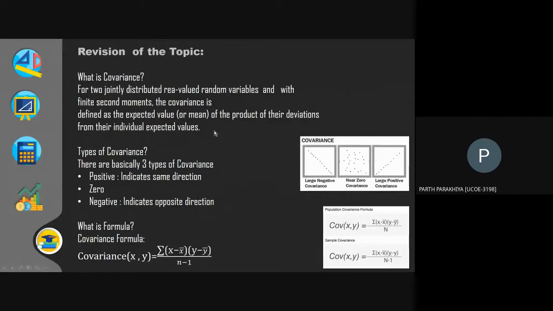Also, statistically, a large covariance can mean a strong relationship between two variables. However, you cannot compare variables over data sets with different scales. Like you cannot compare a variable which is in pounds with a variable which is in inches. A weak covariance in one data set may be a strong one in a different data set with a different scale. So basically that was the overview of the topic covariance from my side.